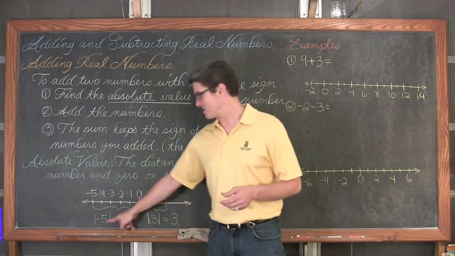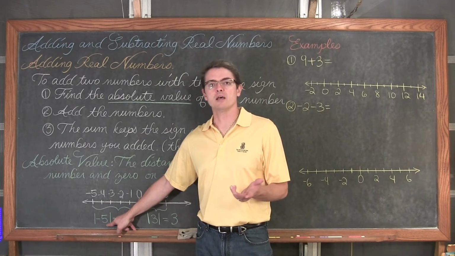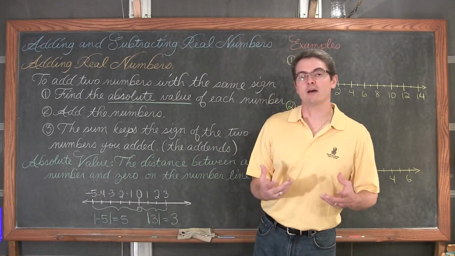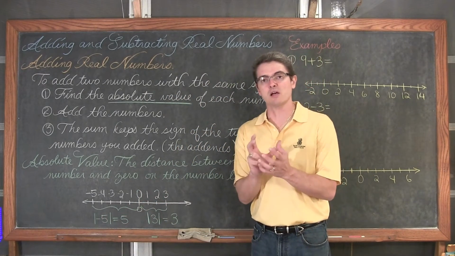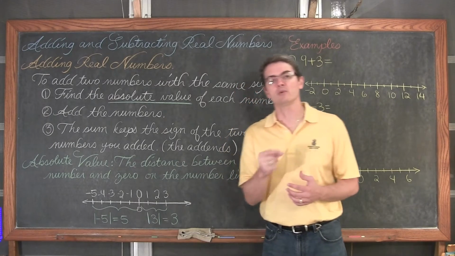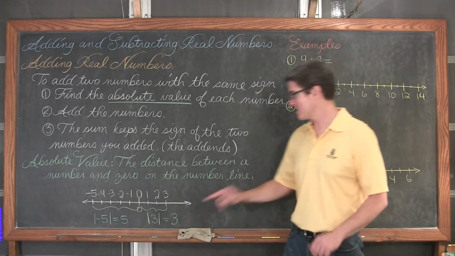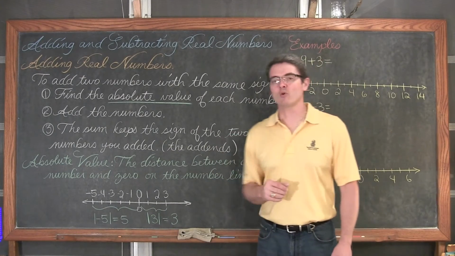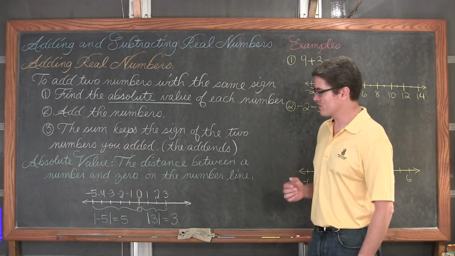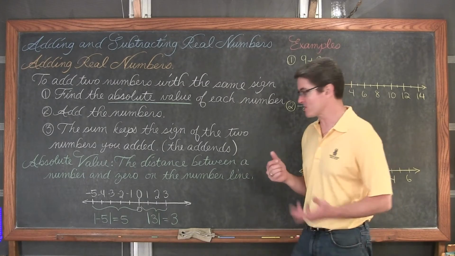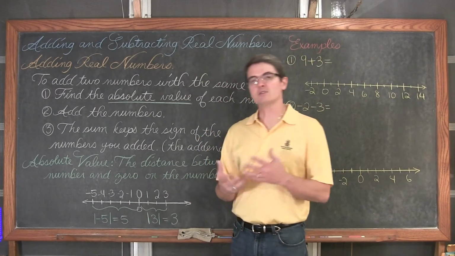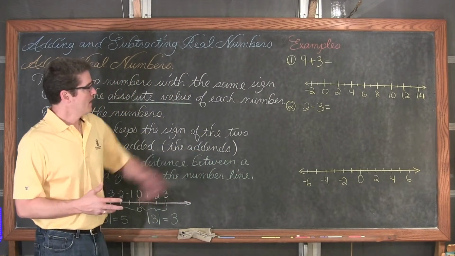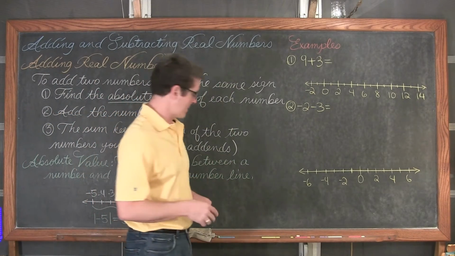So don't think if you see a bunch of absolute value signs and the sign changing from negative to positive that that's what an absolute value symbol does. It doesn't change the sign, it tells you the distance that number is from 0. Thus, your answer is always going to be positive. Now, we can talk a lot more about absolute value functions and absolute value signs, but right now we're just talking about single numbers, and it is going to get rid of that negative sign in front of that singular number. I got a couple examples here, and I have more, I just ran out of room.